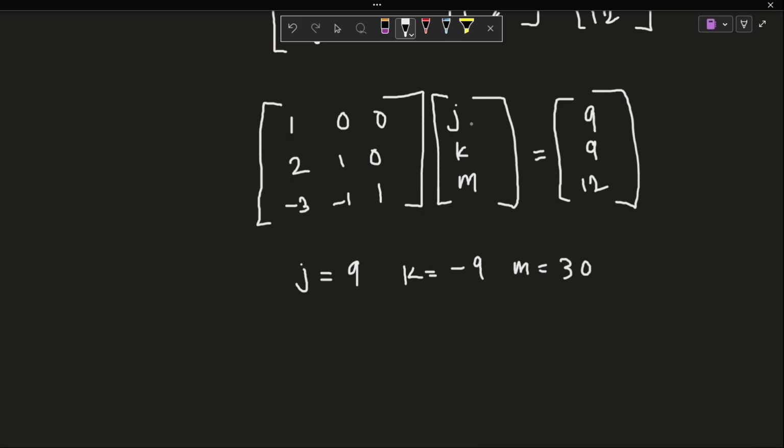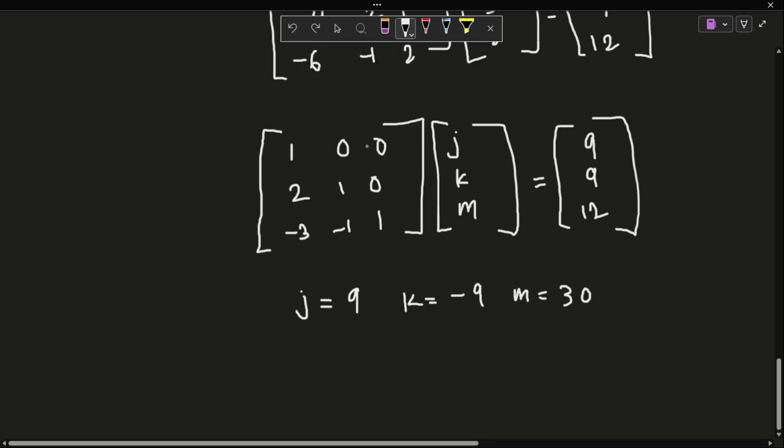And the way I did this, just so it's abundantly clear, is that 1j equals 9, and then 2j plus 1k equals 9. So 2 times 9, which is 18, plus k equals 9, so k has to be equal to minus 9, and then the same thing here. So you just easily have one variable given to you, and we all know how to solve systems of linear equations just by that. Everything else is just nicely there for you.